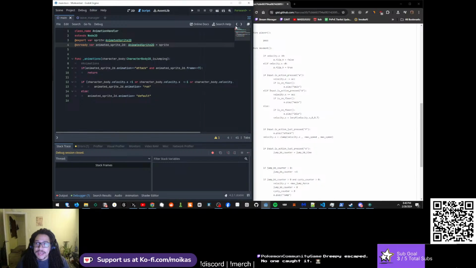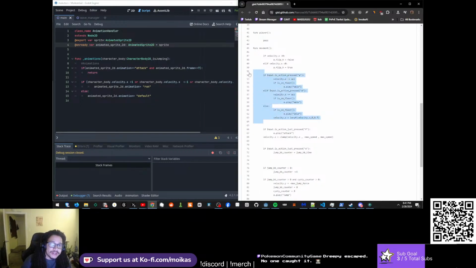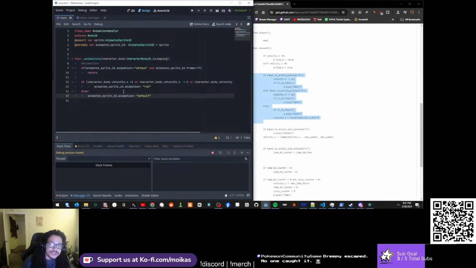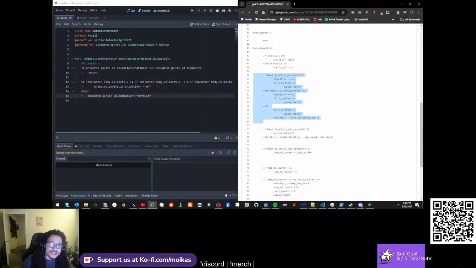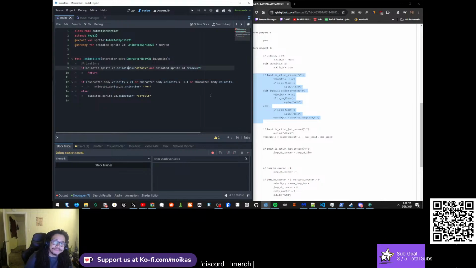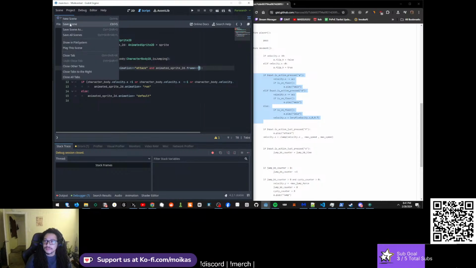all of that. Because in my animation handler, I have a section where, if it's the same conditions here, it just handles the animations. But how I have it work is, in my animation handler, if it is doing the attack animation and the frames are less than or equal to the total frames, which